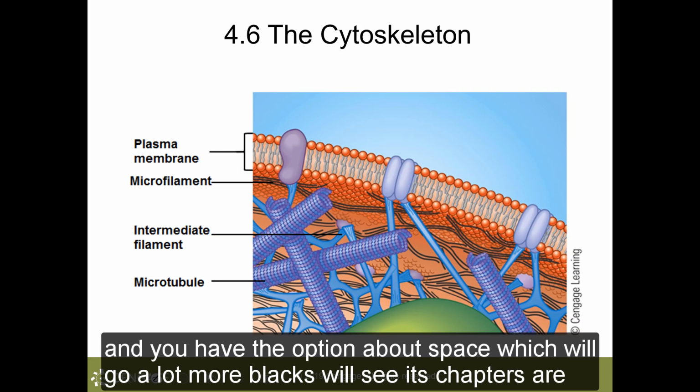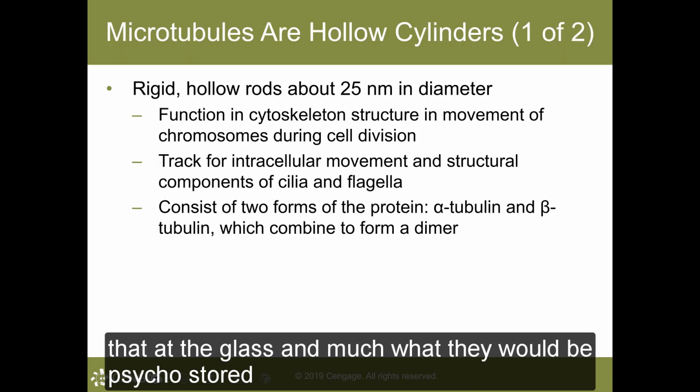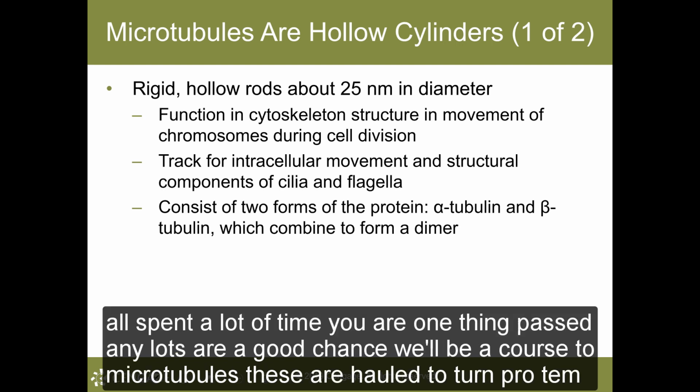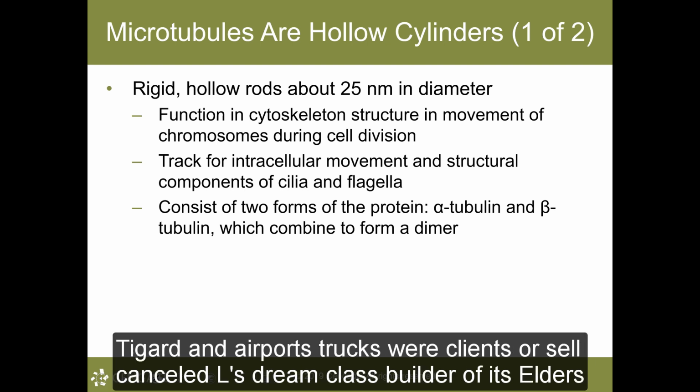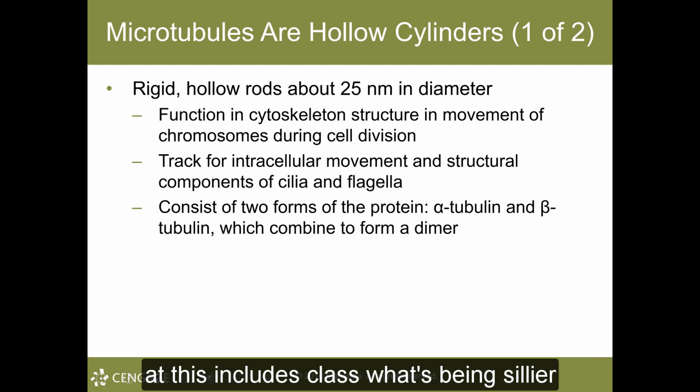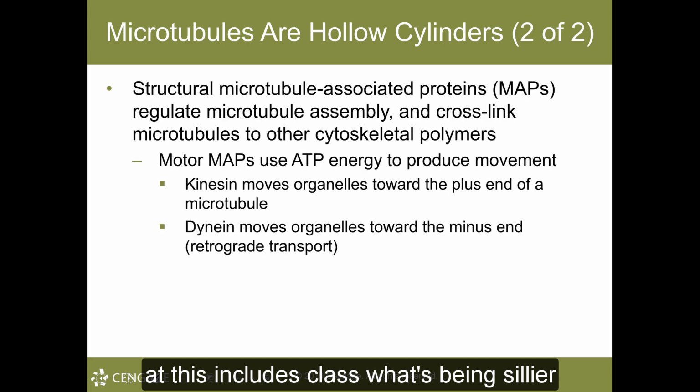The chapter, class, pretty much will end with the cytoskeleton. I won't spend a lot of time here, but one thing, and you will not describe these on the test, would be, of course, the microtubules. These are hollow tubes made of the protein tubulin. They're here for structural support for the cell and cell organelles, and even movement by way of cell division. And this includes its components of being in cilia, flagella, and centrioles.